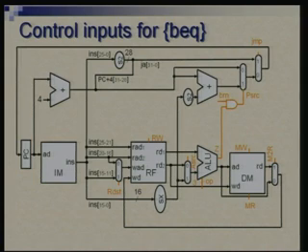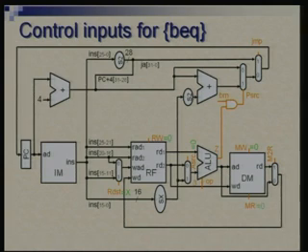Next we move on to BEQ instruction. In BEQ instruction, neither do we write into RF nor do we read or write from data memory. So those corresponding signals will be 0. RDST is accordingly X, RW is 0, ALU source is 0. We need to take two operands from register file and compare them.